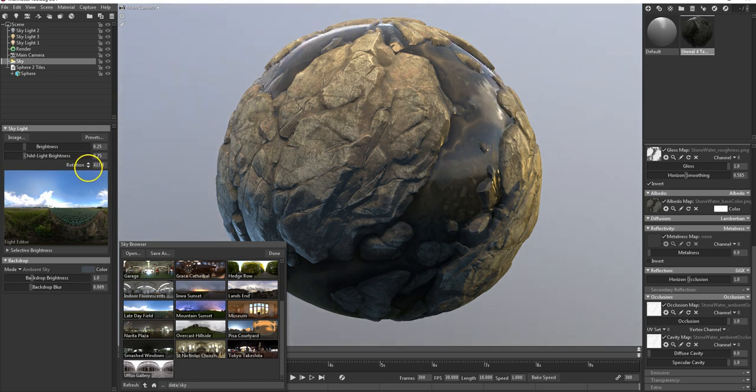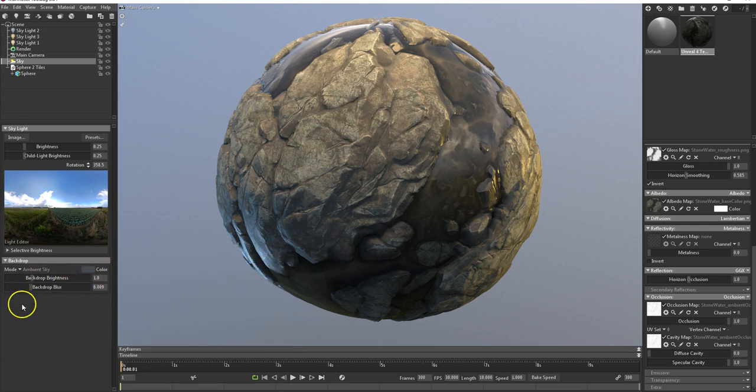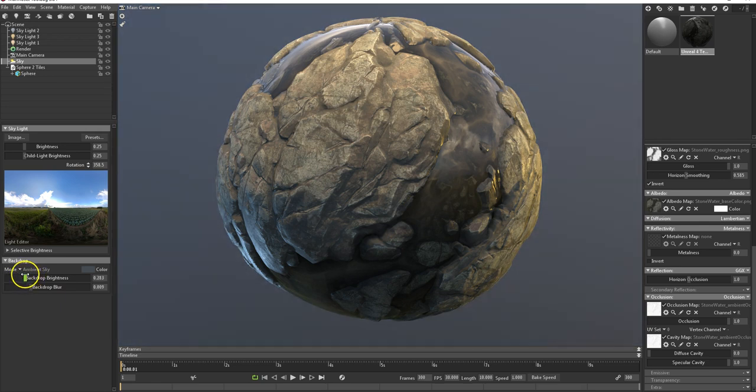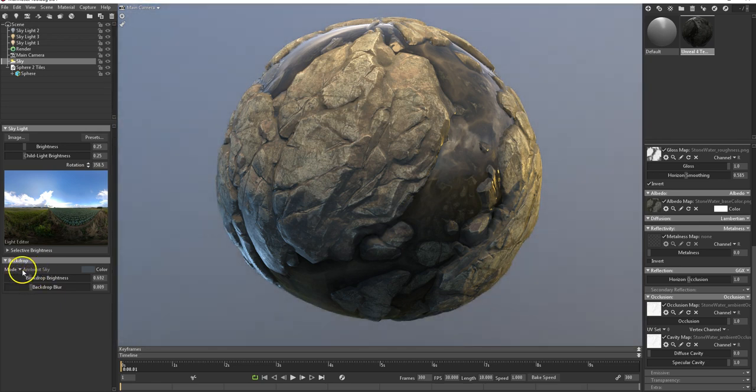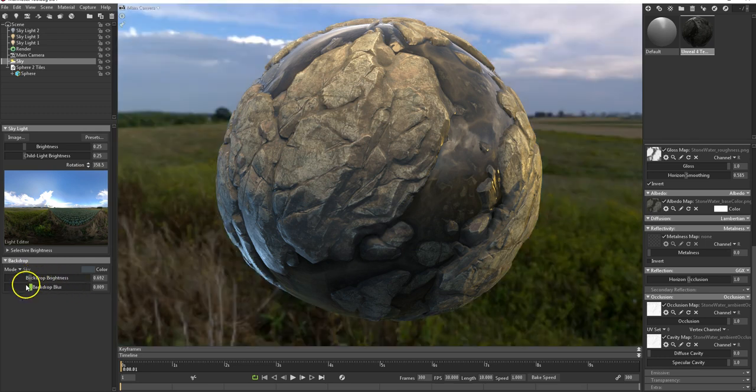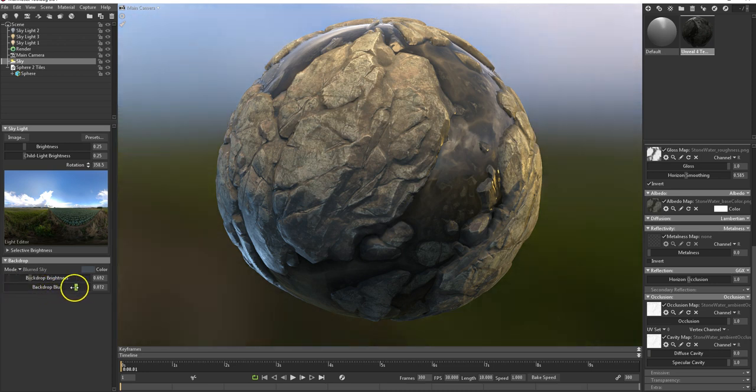I'm just going to set this something like that so that we're getting what feels almost like a highlight around it. Actually, I'll pull it around there so I get more of that running through it. There we go. I can control the background brightness. I can swap that out so we could have the sky in there as it is. We could have a blurred version of it, in which case I can set how much it blurs, but I still think there's a bit too much colour in that, and I quite like the ambient sky,